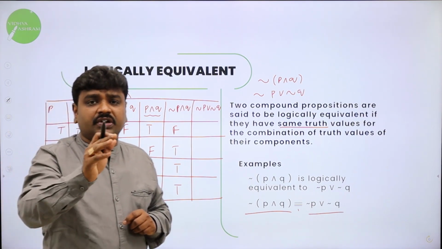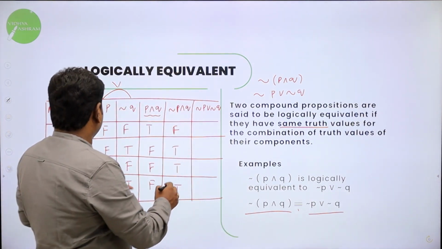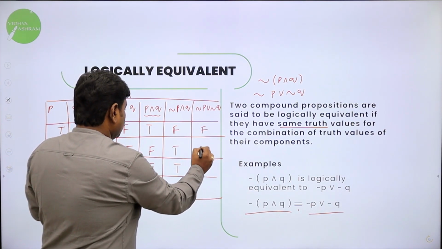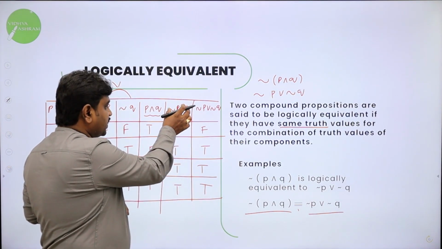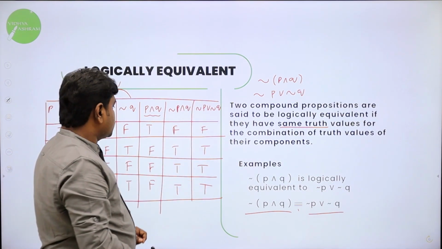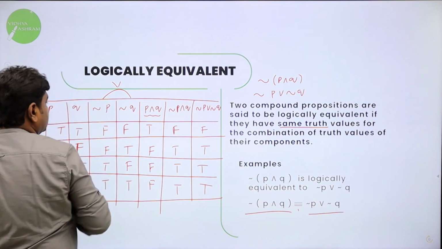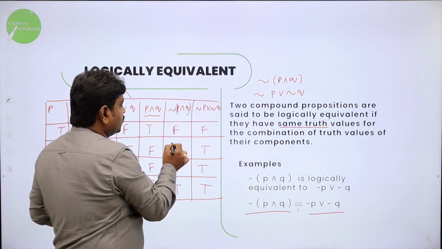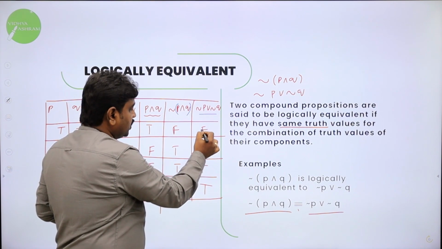All of you know the logic of OR. OR means, if any one statement is true, the result is true. So now P or Q: false, again true, because one is true, so true, one is true, true. So you can see negation of P and Q and negation P or negation Q, both we have the same. So now we'll see the observations. Negation of P and Q is FTTT and negation P or negation Q is FTTT.